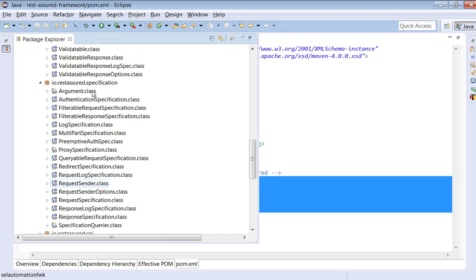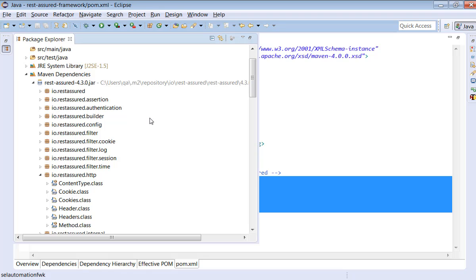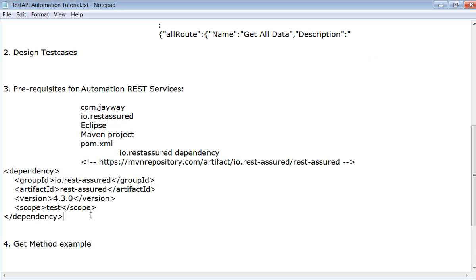Okay. Similarly, the request specification, when you say specification, this is about request. So request specification will be there, response specification will be there. So all the classes which are required for request and response specification are part of this package. So once we understand the API here in Rest Assured 4.3.0, let's go ahead and start writing the first basic program. And one more important point, we always use